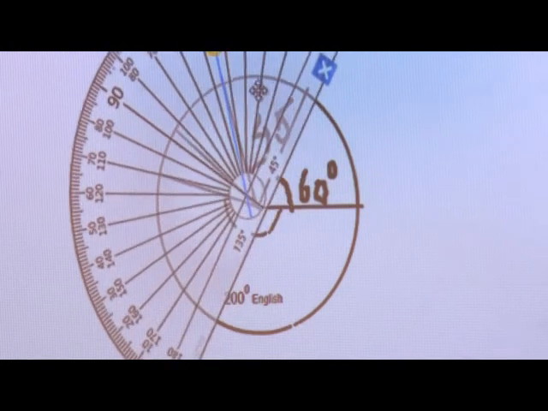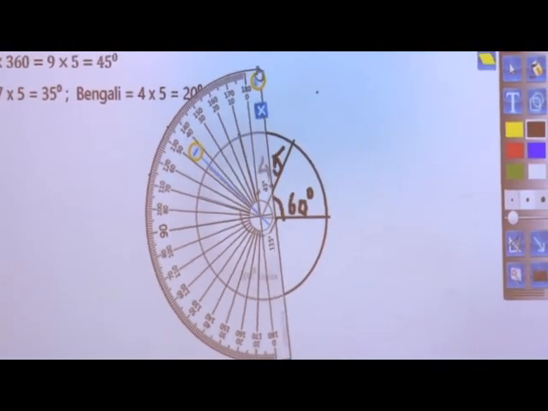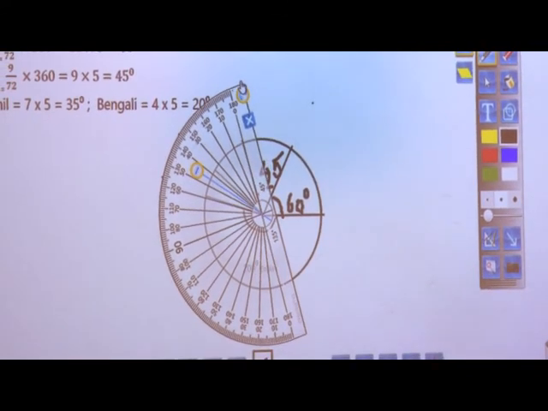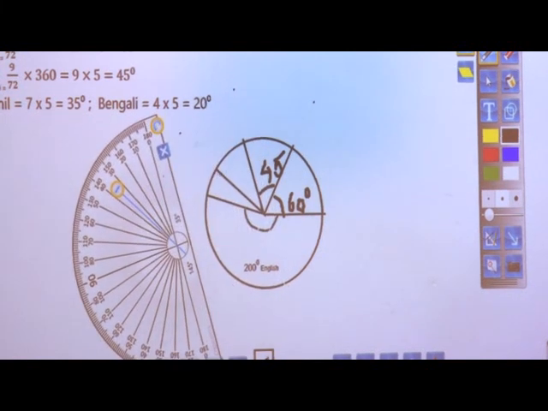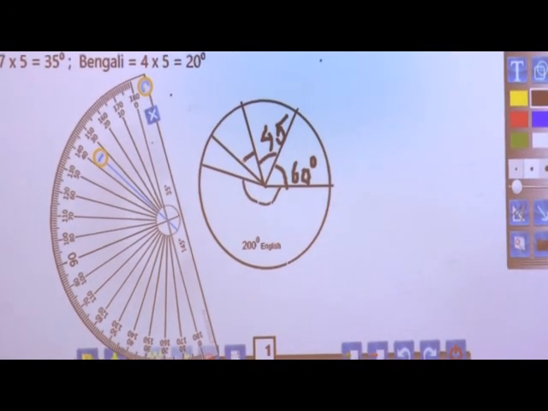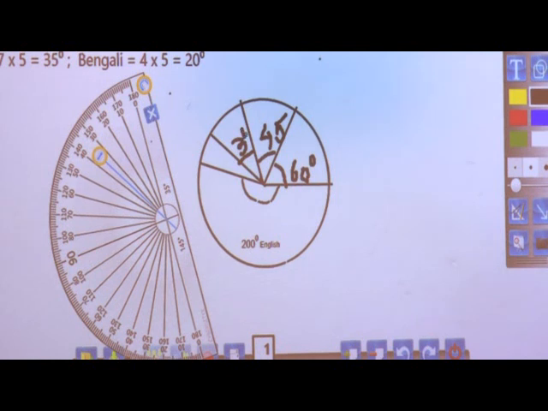I am keeping the protractor point on this. Again I am changing the base at 45 degrees, and you can see now the next language is Tamil, it is 35 degrees. So, I have to shift to 35 degrees, and here you can see that the line here, this angle is of 35 degrees.